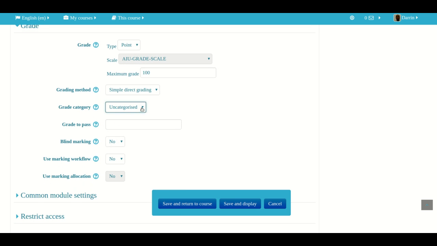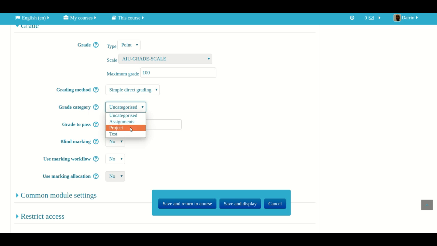Now, notice how right now the assignment is uncategorized. This means that Moodle will just throw the assignment into the gradebook at the highest level, which will cause chaos with your overall grades for your students. Moodle will not tell you that the grades are messed up because Moodle is very, very flexible. There will be no error message or anything. So you must be very diligent in making sure that you place activities inside the categories that you have developed